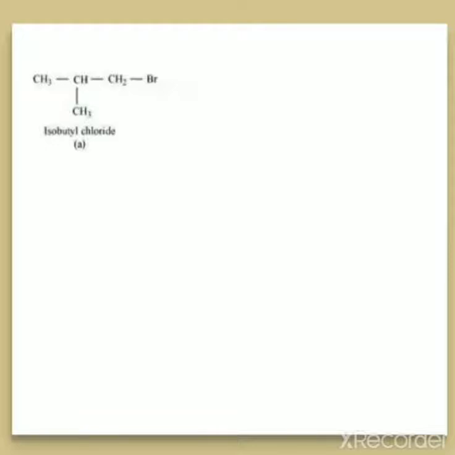Wurtz reaction, I told you, is doubling of alkyl group. Find out which is the alkyl group here. This is the alkyl group, so this one will get doubled. This is our R, it gets doubled. In order to make the product, we have to write in a more comfortable way so that it is easy to frame the product. So I'm writing here, look at how I am making this in a rearranged form. First of all, it reacts with sodium metal, plus twice Na, and plus the other reactant, this taken two times.